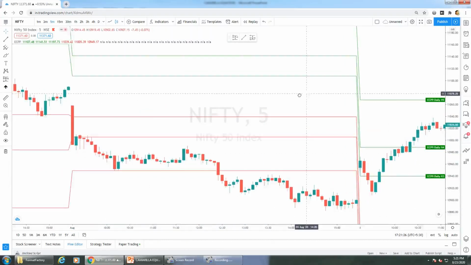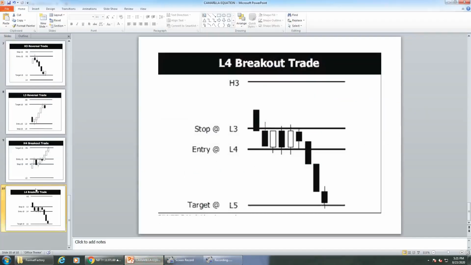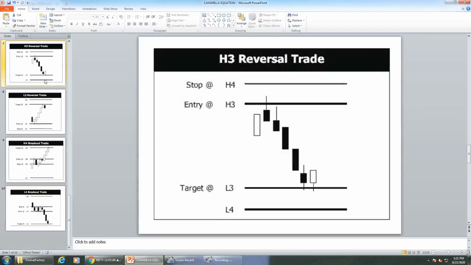So that's all about the Camarilla equation. If you notice these examples which I showed, everything has the open price between H3 and L3. We also have other trades where price opens above H3, that is between H4 and H3, and between H3 and L4, or above H4. We have many trades, but there are advanced concepts that will be covered later. For the safer trades, as you are a beginner, just concentrate whenever the price opens between H3 and L3.